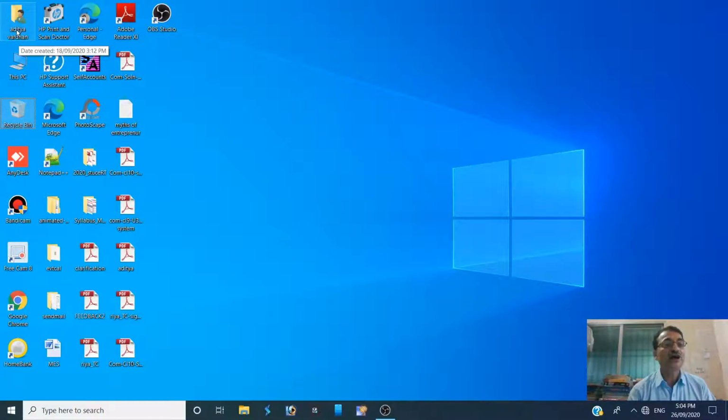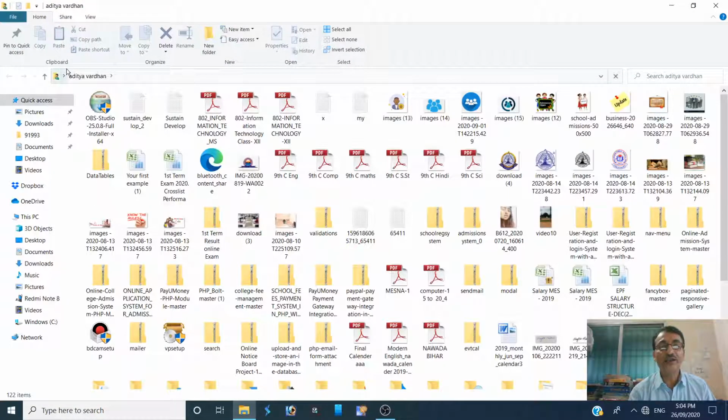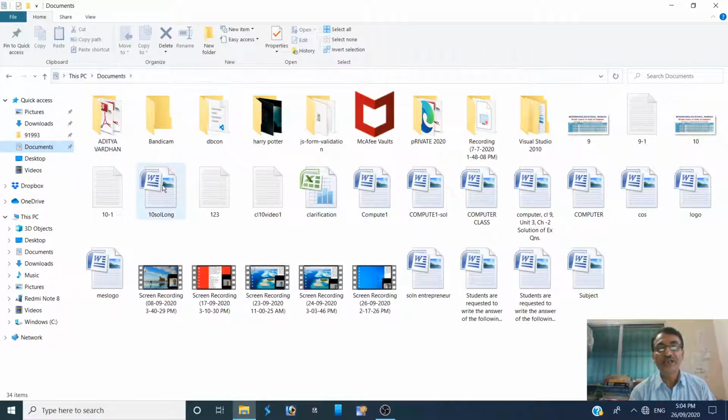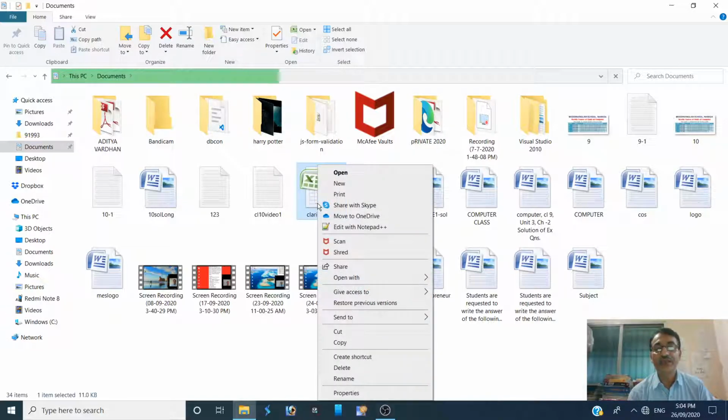Suppose I am opening a particular folder, and the folder is now opened. If we require to create a shortcut of a particular file, this is the file, clarification, then we have to right click on this icon, and the context menu will appear.